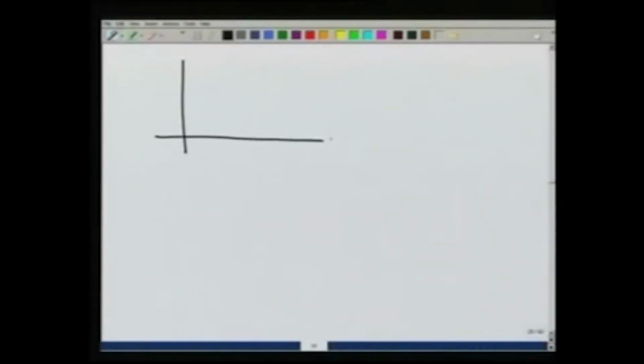So, let us say we have x which is coming out, y and z, and suppose we take the new frame by rotating about the x axis, x is the same. So, this is going to be y prime and this is going to be z prime by an angle